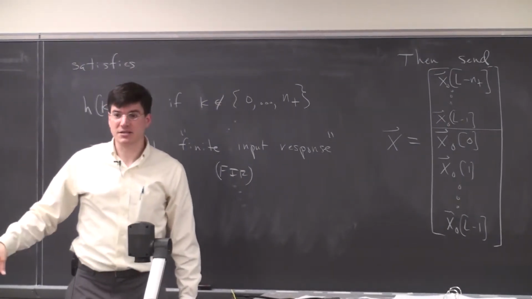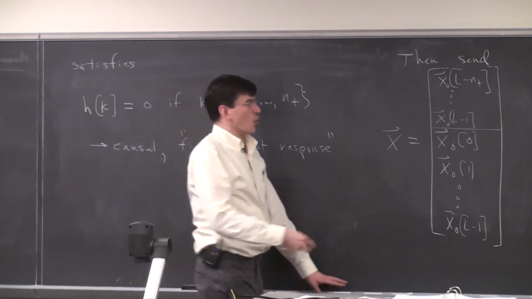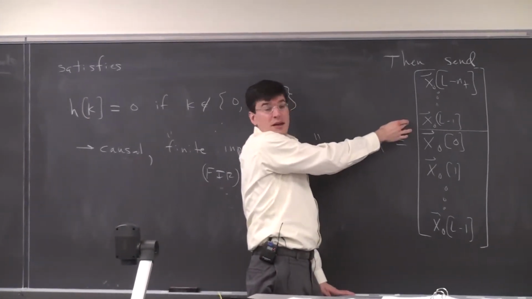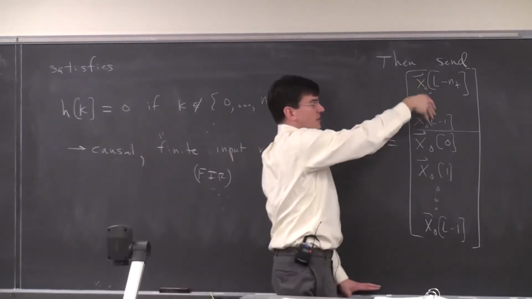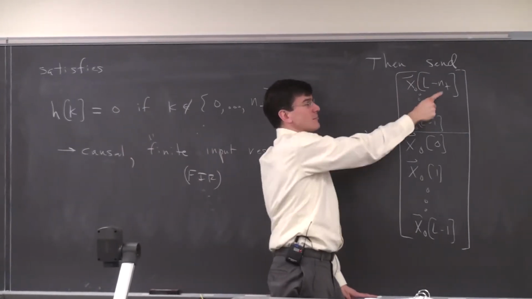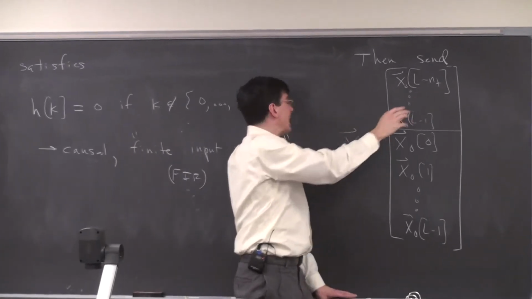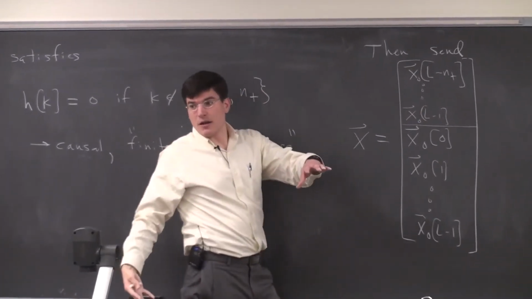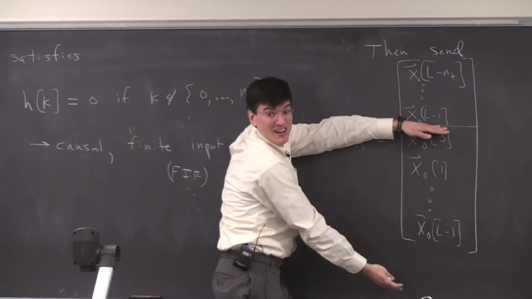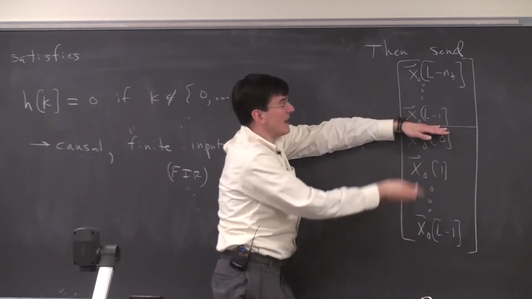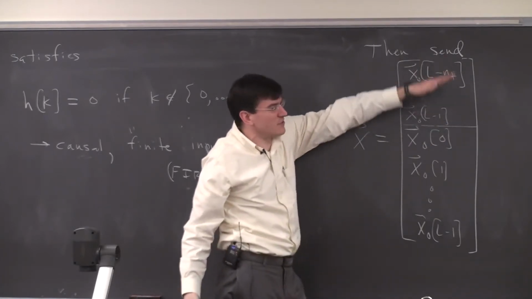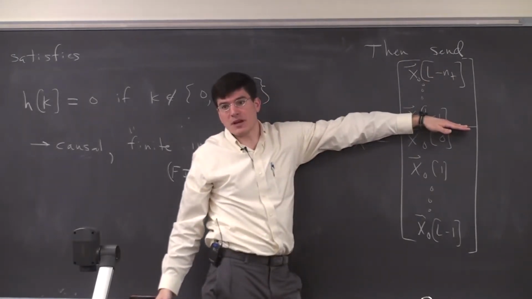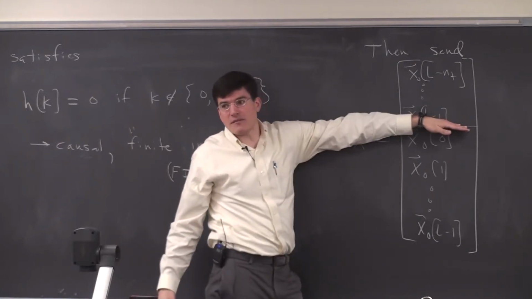Now the larger L is, the less this overhead hurts me. Because this is fixed. This is governed by the duration of the impulse response. The duration of the prefix does not depend on L. It depends on N plus. So we think of the channel as being fixed. As I increase L, this part is getting bigger, I can send more bits, and the proportion of the overall transmission comprised by this wasted sacrificial prefix goes down. So you want L to be as big as you can make it from a performance standpoint to get the rate as high as you can make it.